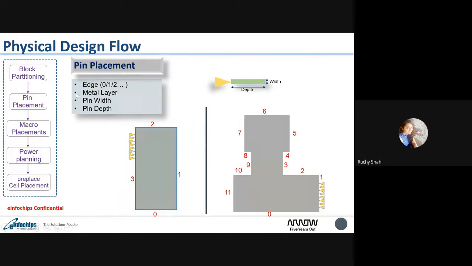So we need to define the metal layer for the pin, and then the pin width and pin depth. Here you can see, if the pin is sitting here, in this direction it will be your depth, and this much is your width, right?